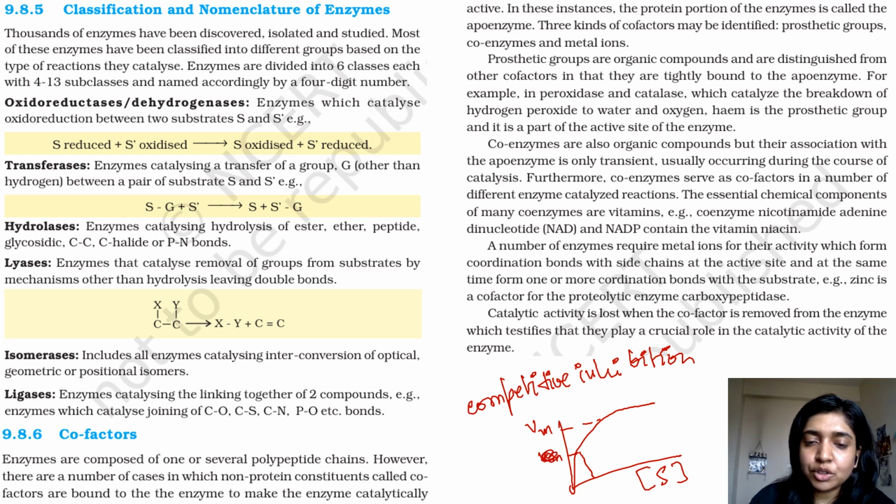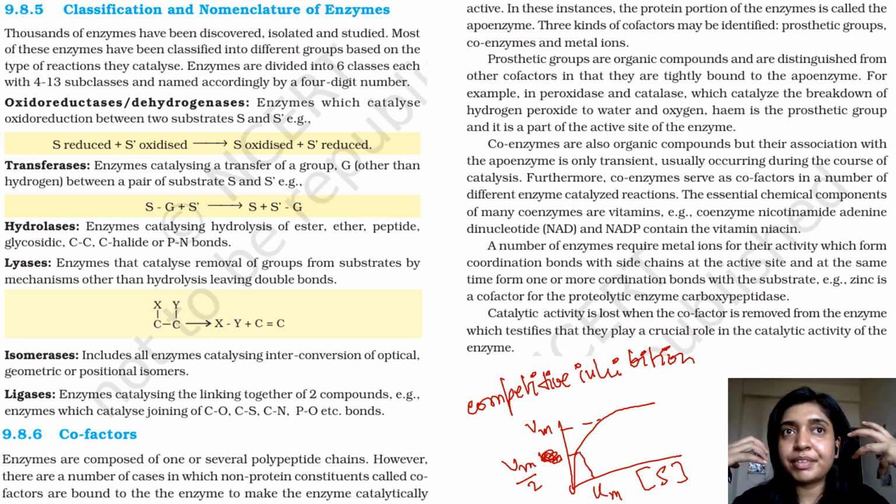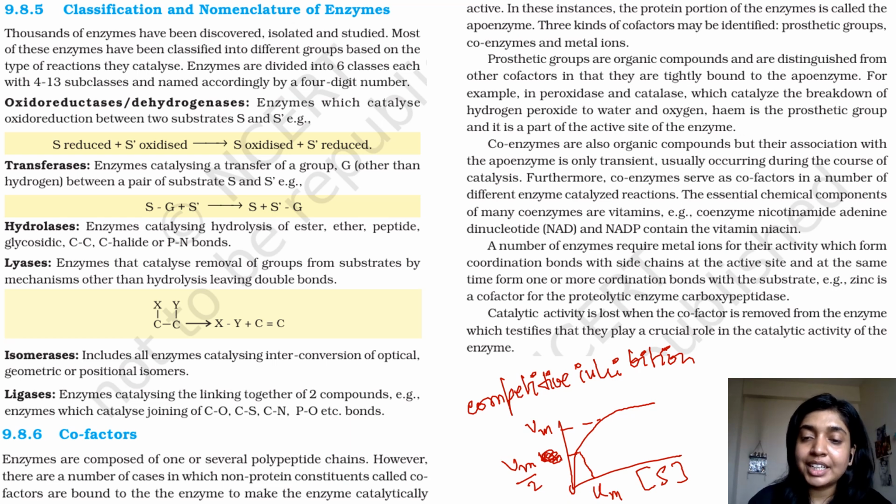So sorry, this is not your V. This is Vmax by 2, and this is your Km. So again, Km, which is the Michaelis-Menten constant, which I said is the attachment that the enzyme has towards its substrate. It also serves another function. Km is basically the substrate concentration at which you have achieved half of the